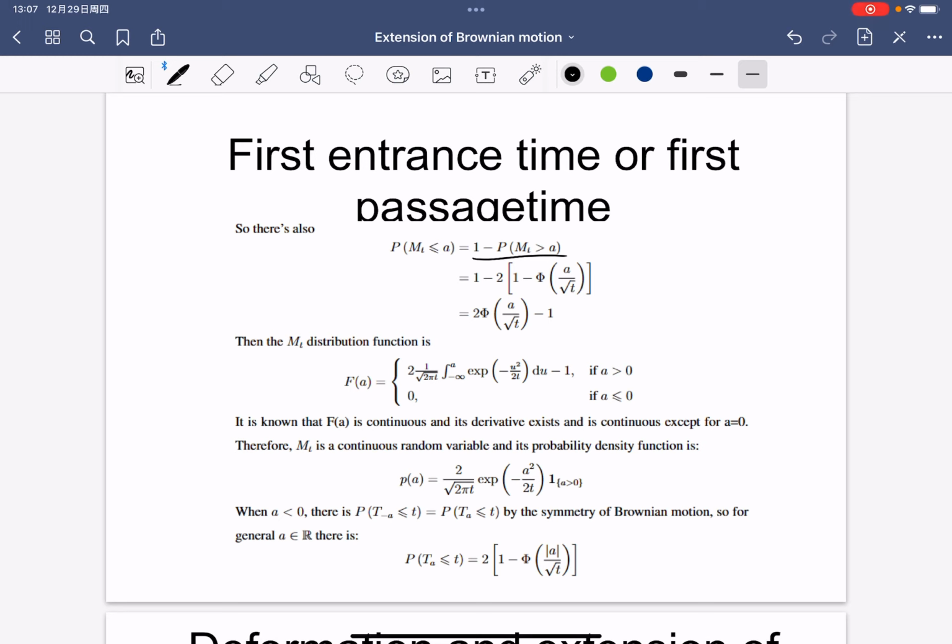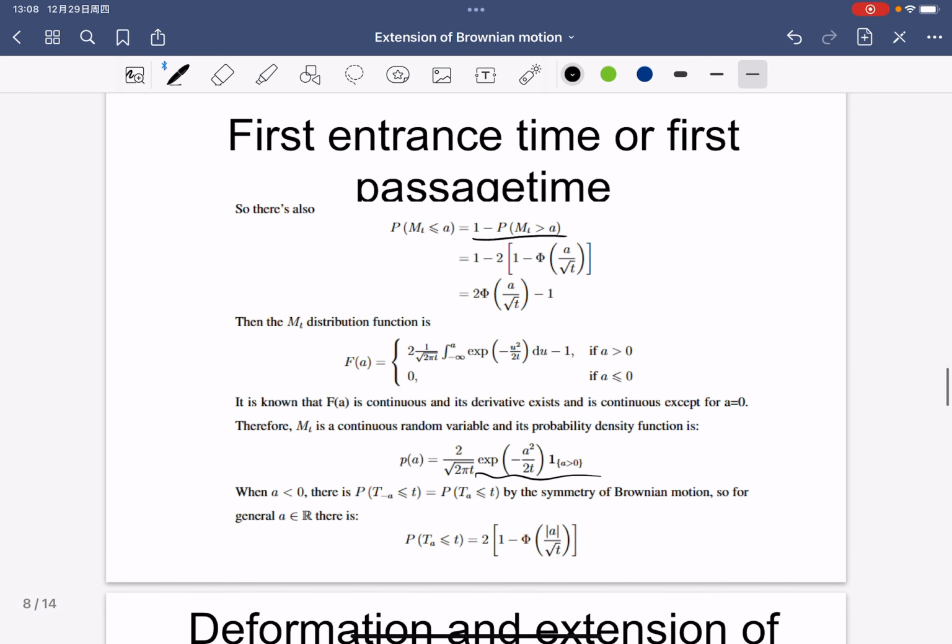It is known that F_A is continuous and its derivative is continuous except for A equal to 0. Therefore, M_t is a continuous random variable and its probability density function is p(a) equal to 2 over the square root of 2 pi t, etc. When A is less than 0, there is P. By the symmetry of Brownian motion, so for general A in R, there is